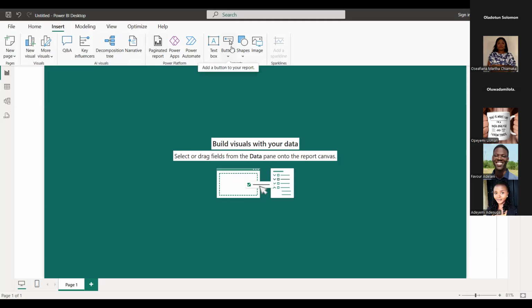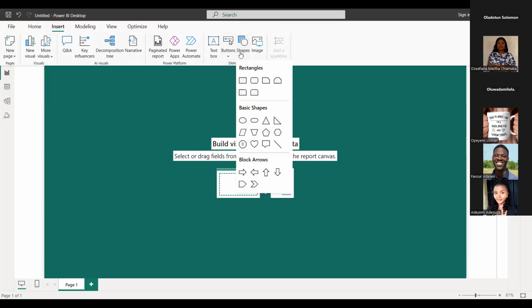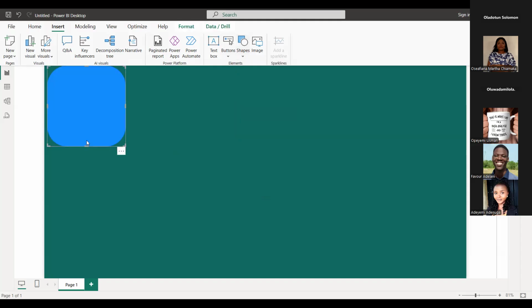You bring in shapes. How many of you inserted shapes when you were building your Excel visuals? If you did, just unmute your mic and say, yes, I did. Okay. So that's the same way here. We just see this as laying a framework. You are not visualizing yet, but you are laying a framework for what you want to build. So I'm going to select rounded rectangles and I'm going to lay